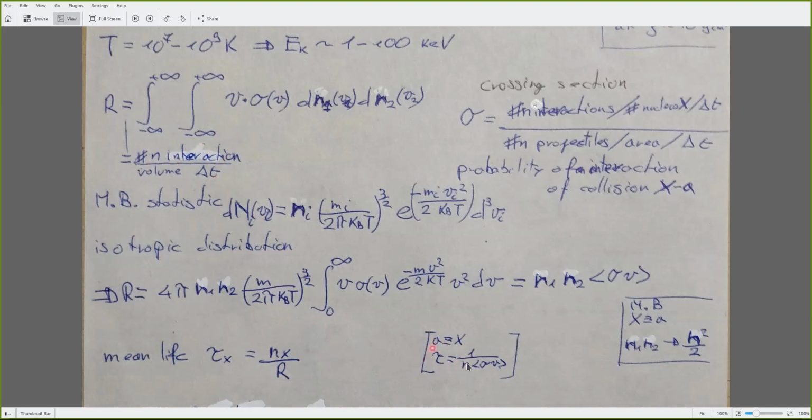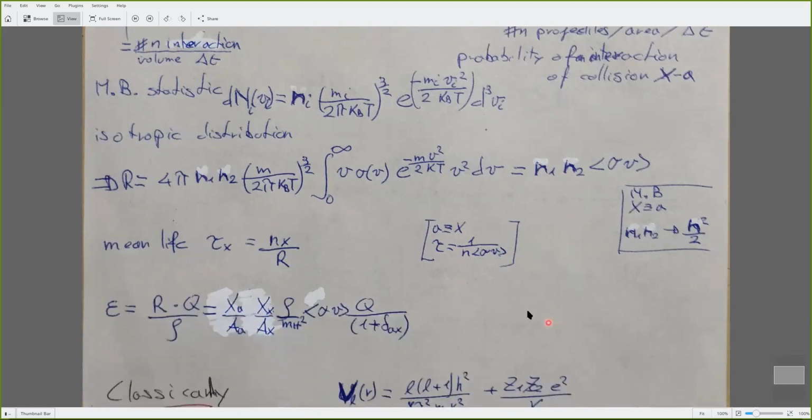And if they're the same, they're not alpha. It's just divided by, it's like here. At this point, we have what we are most interested in. These are exactly the number of interactions per volume per unit of time. So if I multiply by the Q value, that is the